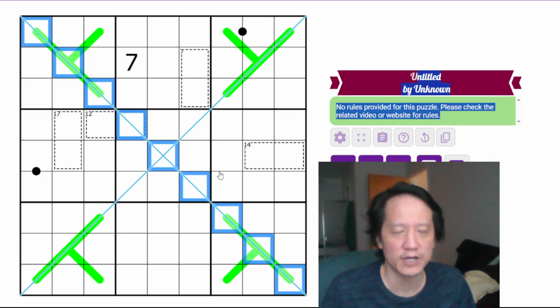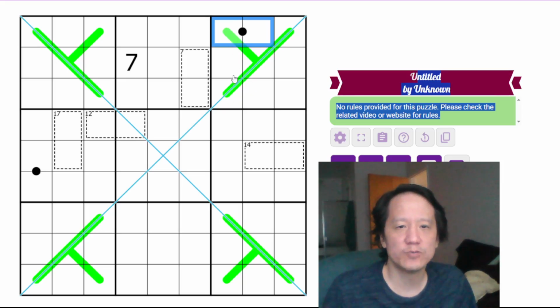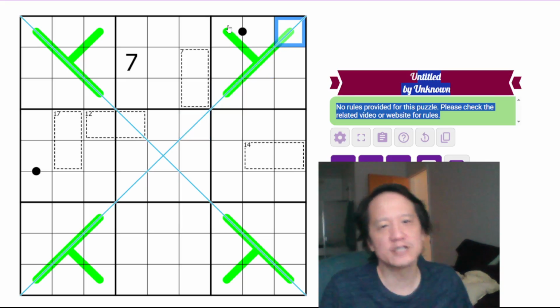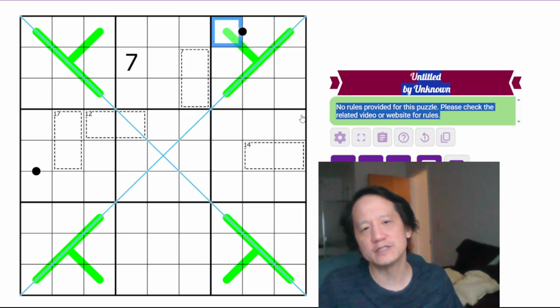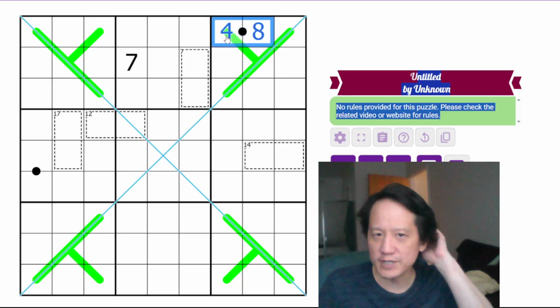We have black Kropki dots, where the digits that are separated by a black Kropki dot must be in a 1-to-2 ratio between them. We also have German whisper lines here, which are the green lines. Actually, let's give an example of the black Kropki dots. If this were, say, a 4,